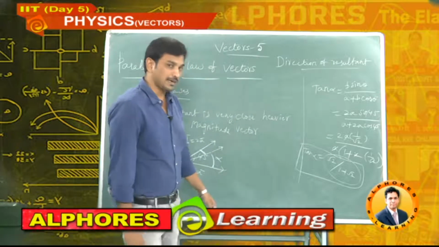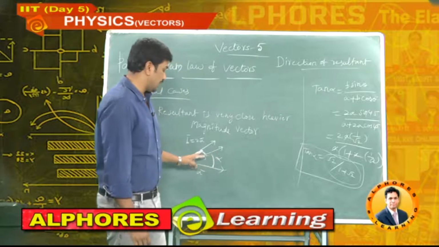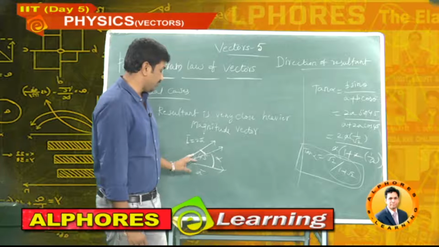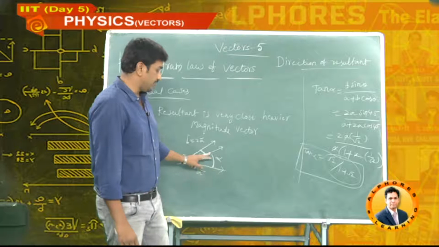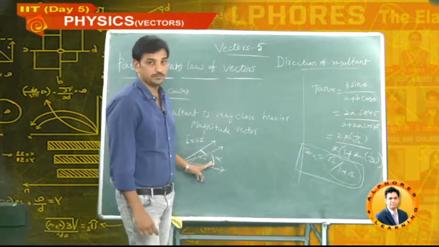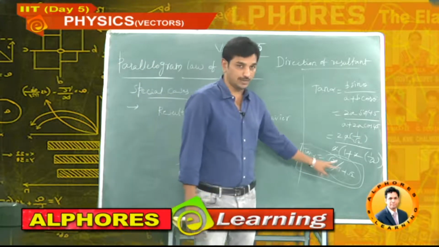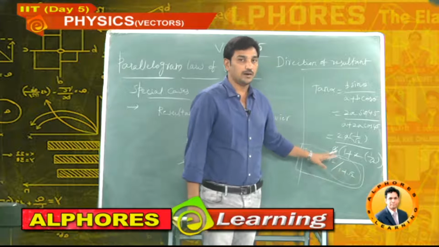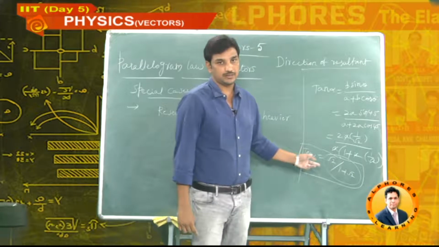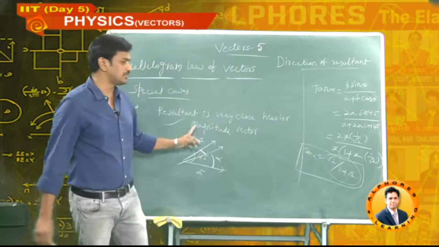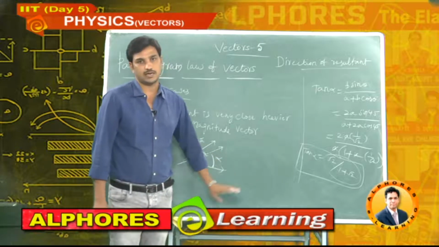So after seeing that logarithmic table, you can conclude that the angle alpha is the smaller one, because the total is 45. Suppose here I got 30, and this is 15. Yes, it is very close, because it is 15 and the other is 30. Understood my point? So in this way we will calculate. If you take it exactly, it is divisible, so definitely you can see that my statement is correct. Resultant is always very close to the heavier magnitude vector.